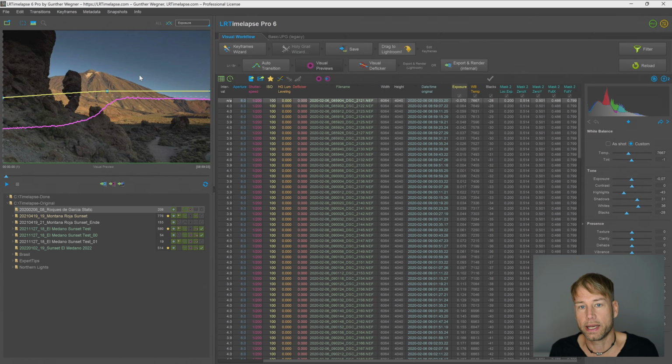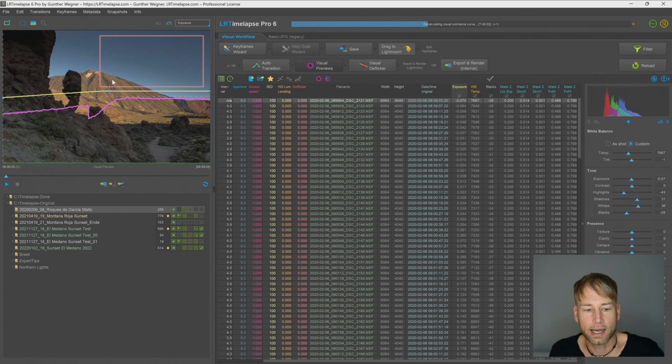And before applying Deflicker, I'd always recommend to set a reference area. A reference area would be an area of the images which will be used to detect flicker. So that ideally would be an area where you have isolated the flicker effects. In this case, we are setting the reference area to this part, which is only sky and a little bit of the mountain. And as you can see now, the pink curve will be calculated only